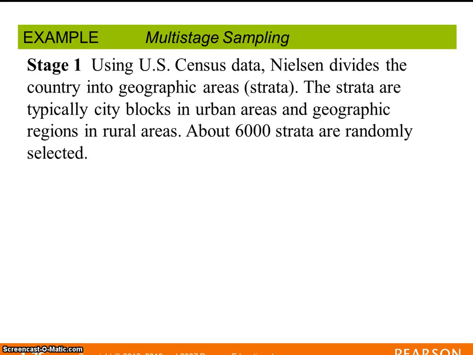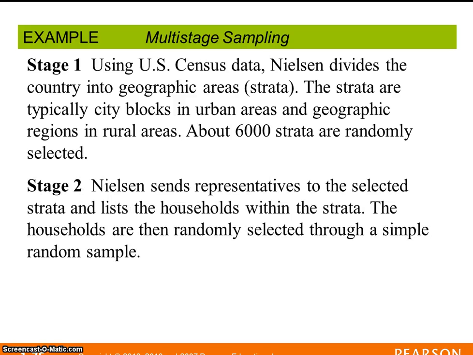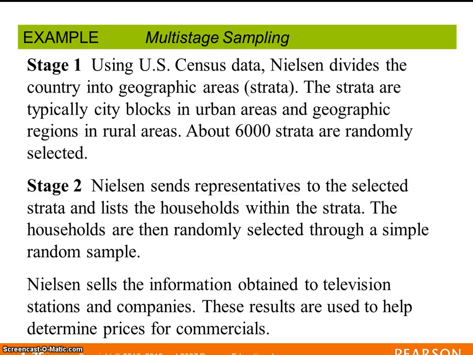So stage 1 is Nielsen divides the country into geographic regions, so this would be like strata, and then the strata are typically city blocks in urban areas and geographic regions in rural areas, and about 6,000 strata are randomly selected, and then Nielsen sends representatives to the selected strata and lists the households within the strata, and then the households are randomly selected through a simple random sample. And then Nielsen sells this information obtained to television stations and companies, and these results are used to help determine